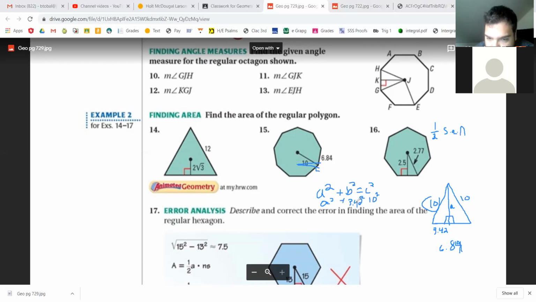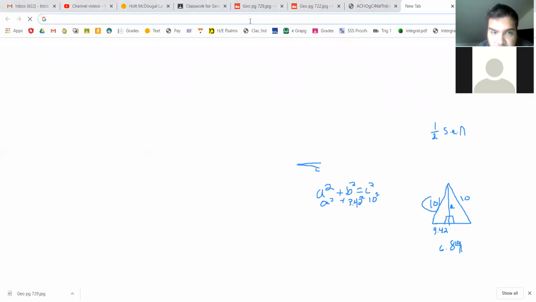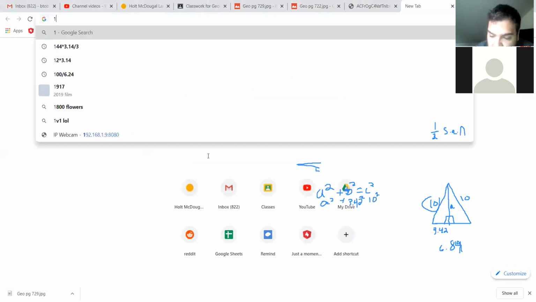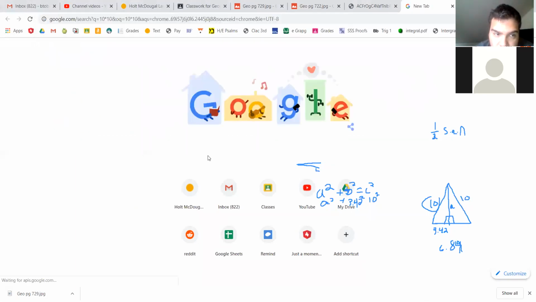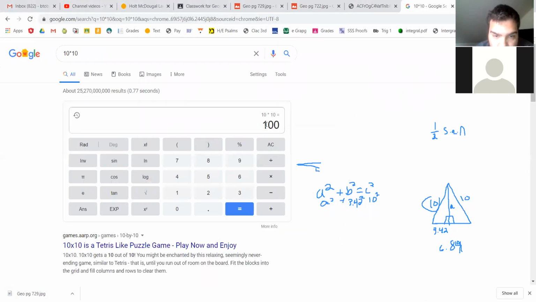So now I'm going to figure out what 3.42 squared is and subtract it from 10 squared. So I'm going to open up another tab for my calculator. So we're going to do 10 times 10, which we know is 100. And we're going to subtract 3.42 times 3.42. So we're subtracting the square of this from here. So we end up with